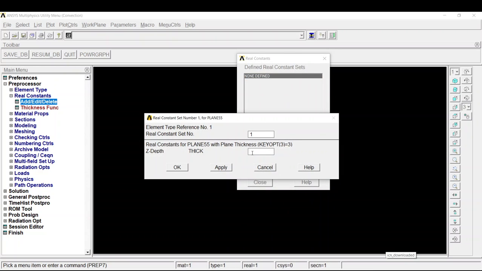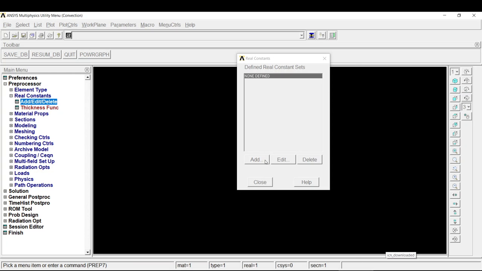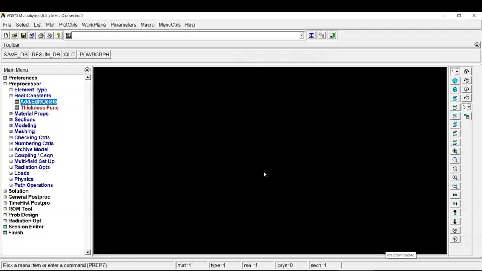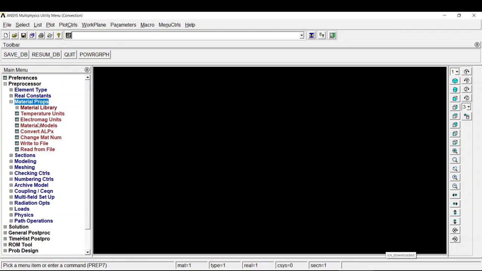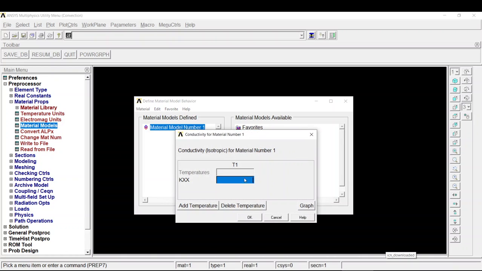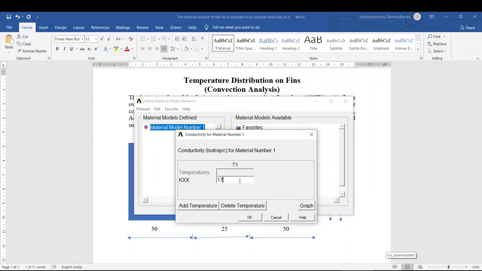So here the thickness is 50 mm. So we will enter the 50 mm, right? And in the material property we have to enter the thermal conductivity, that is called Kxx in the isotropic. So the thermal conductivity for this problem is 170 watts per meter Kelvin. So 170,